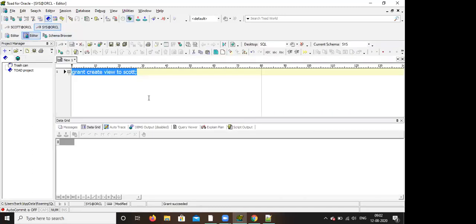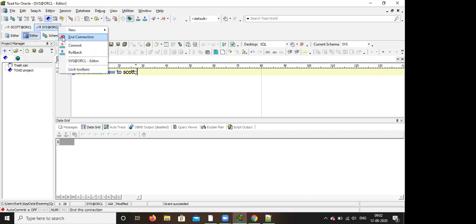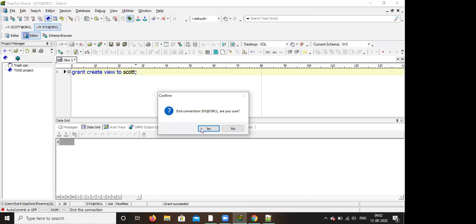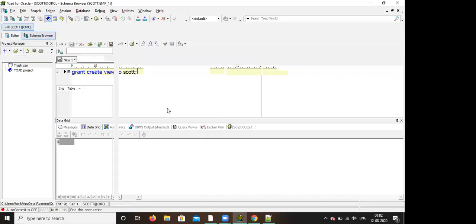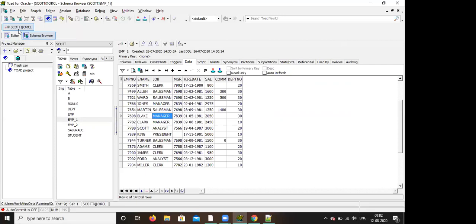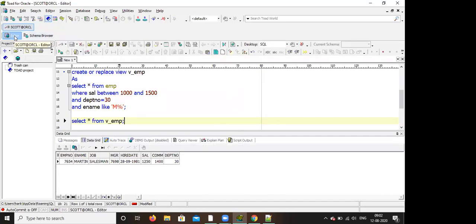Close the system one, and end the connection. Now go to editor. Now here just write select star from EMP_1.